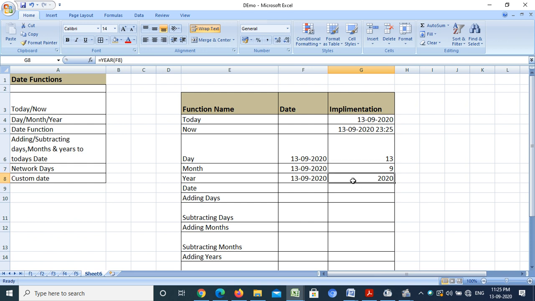Now come to the date function. These three are now in different places. Now I want to combine all of them. So how do I do that? We have a function, that is the date function. I just keep my cursor here and I'm going to write equal to date, and